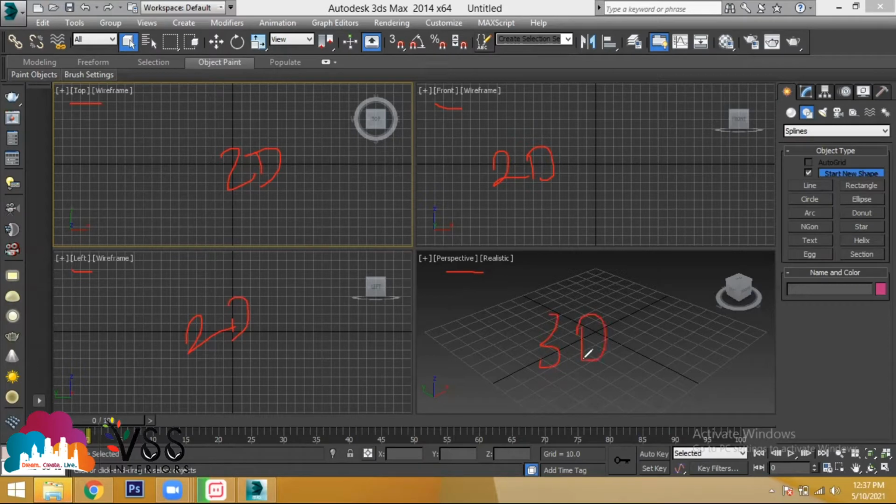Whatever object you create, if you want to see it in a 3D position, you have to watch it in the perspective view. Views are very important from today onwards. Think about views. You have to understand how the object appears from which view. You have to understand the views clearly. If you don't understand the views clearly, you will not get the design. So the views are very important.